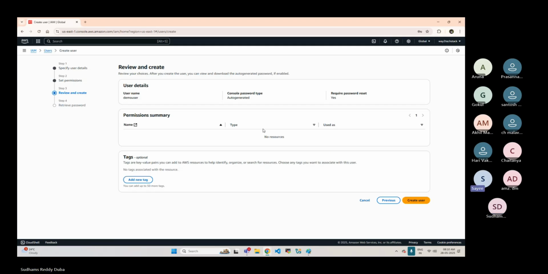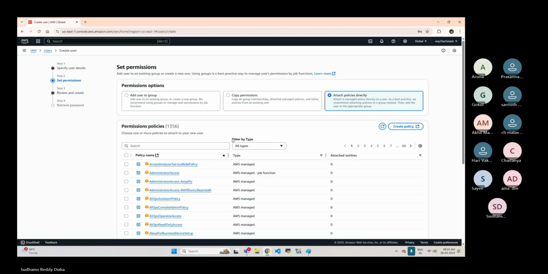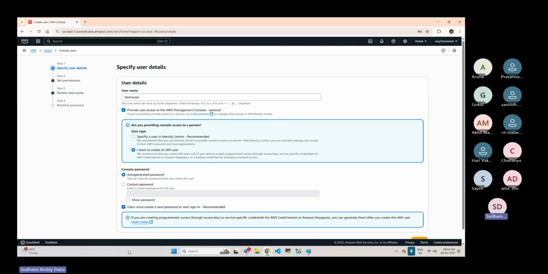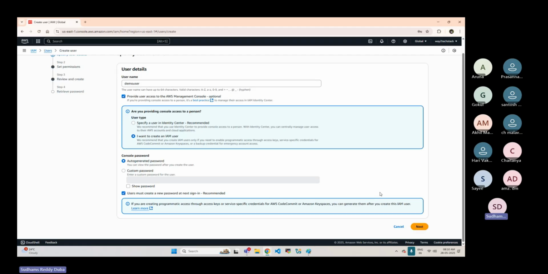One question, okay. Right now, you have not selected any permission. So that means that user doesn't have any privilege, right? Any permissions at all. Yes. For example, let me create this user. To answer your question, let us see practically. For this user, we have enabled this checkbox. Apart from that, we have not given any permissions, right? You can see here,